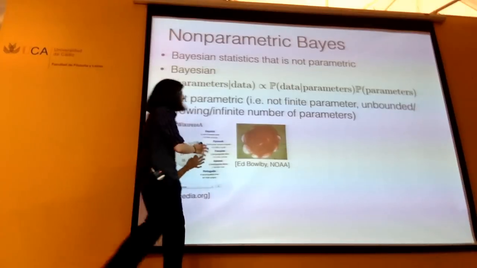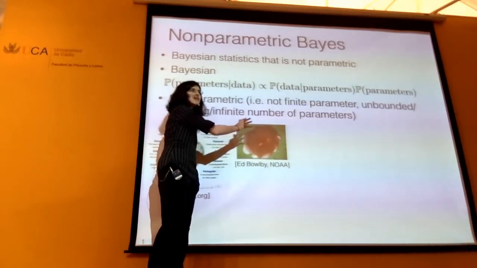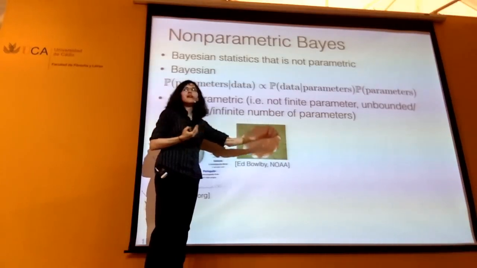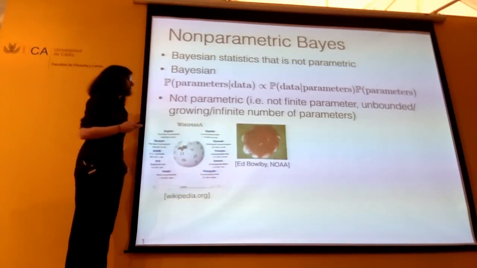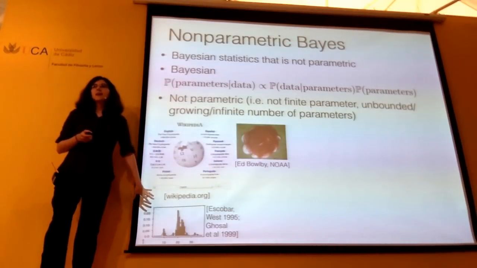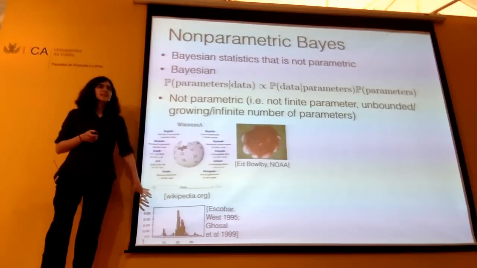But this is the idea again, that somehow we're just always discovering new species. There are always new species to be discovered, and so there's this growing number of things going on. In a slightly more abstract version of this, we can look at density estimation.